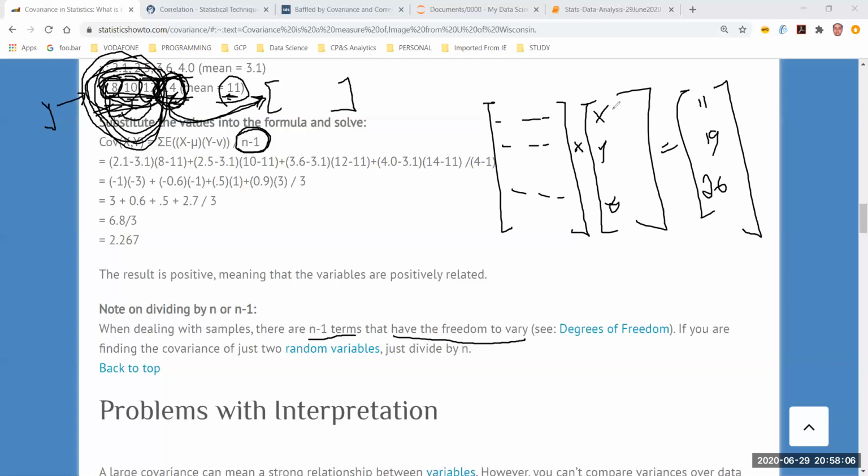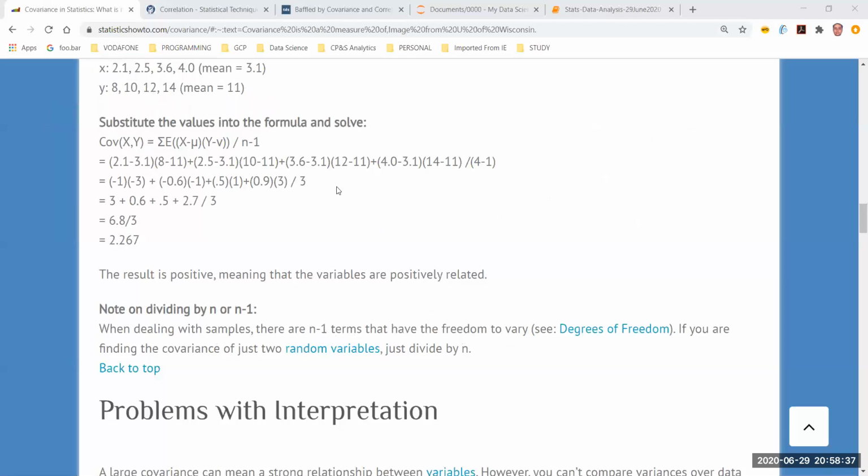So that's why only 2 elements have the freedom to vary. The third element will converge because I have to match the numbers, right? That is known as the degrees of freedom, and we put that in the denominator in the case of a sample because we want to do a correction. We want to make sure that we are not overdoing any calculation. We're trying to minimize or cancel out the effect of any kind of errors which can be introduced during sampling,